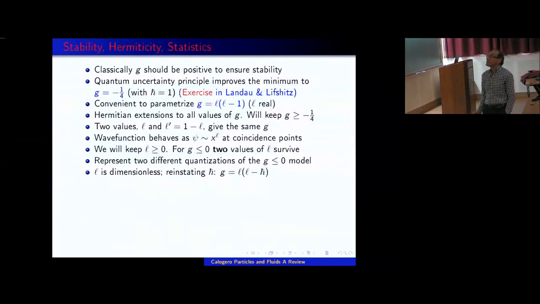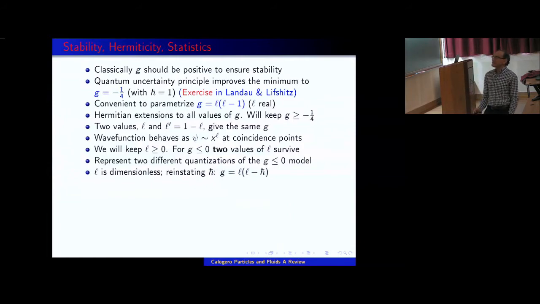And it turns out that if the coupling constant is negative, but no more negative than -1/4, the system is still stable. Actually, this is an exercise in Landau and Lifshitz. I invite you to repeat the exercise, regularize this 1/x² potential any way that you wish, cut it off like that, then solve the problem and see what happens as you take the limit of the regulator to 0.